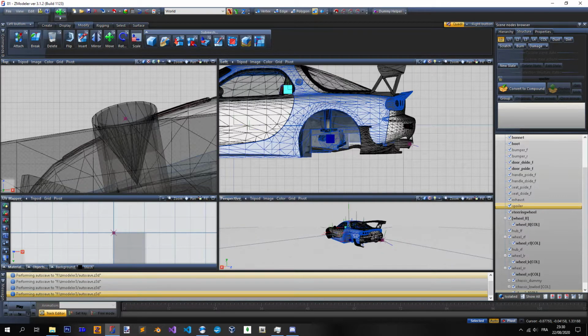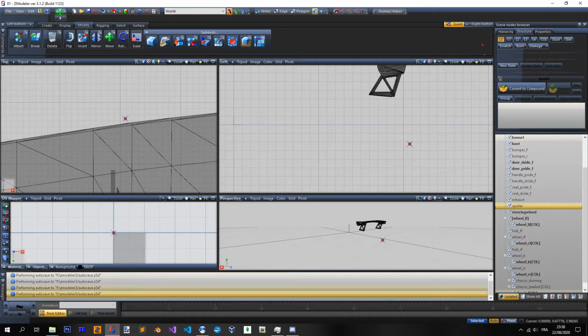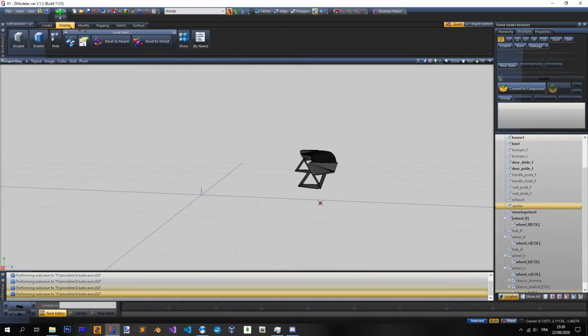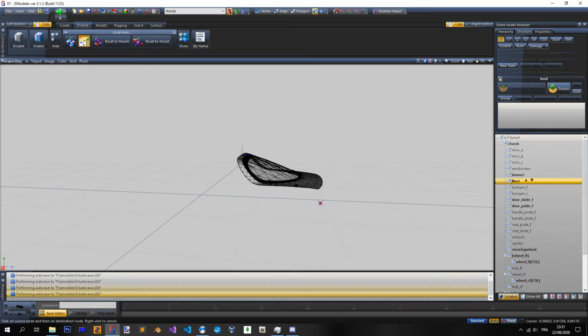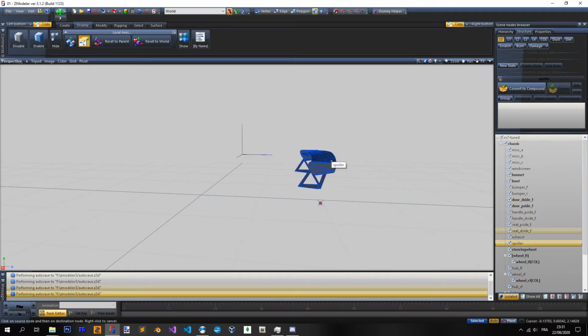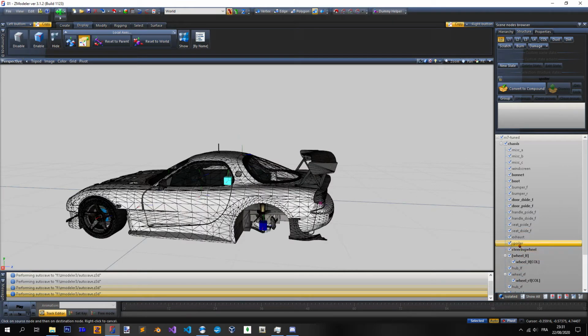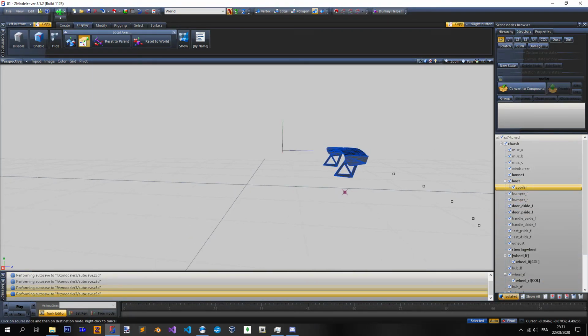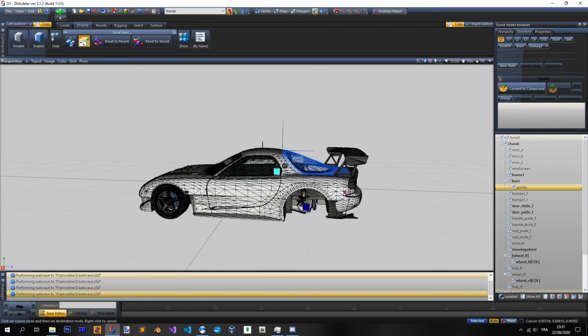And last thing, I'm also going to place the spoiler directly inside the trunk. And to be sure that it's not going to glitch, so that it's not going to take this position and move it outside of it, I'm going to take the same trunk axis like this and put the spoiler object inside the trunk. That's called boot. So we have the boot, we have the spoiler there. And when the boot is going to open, the